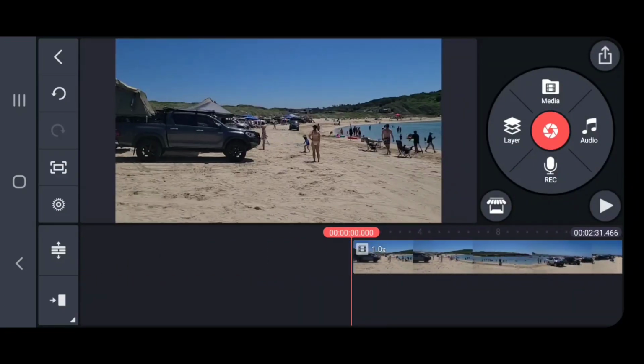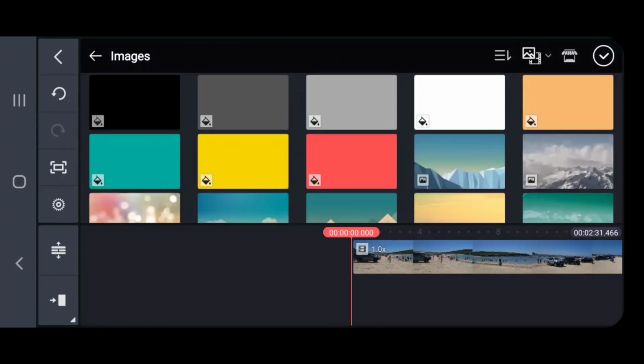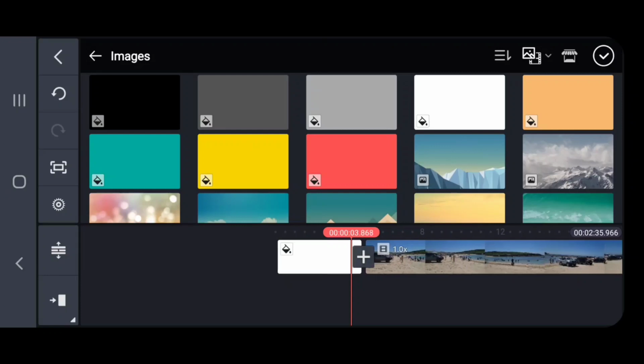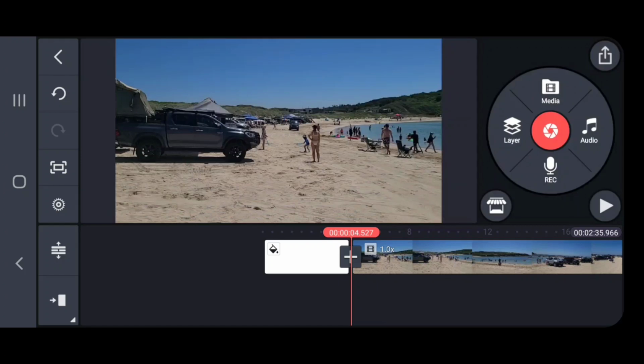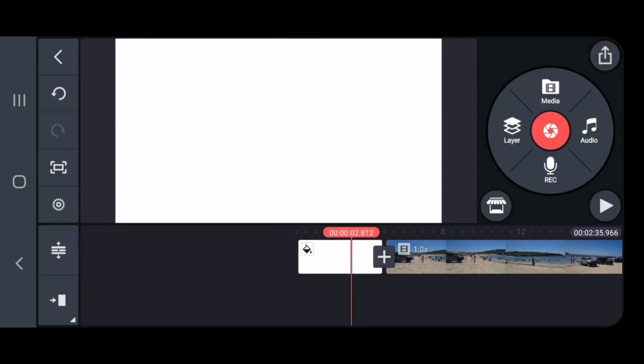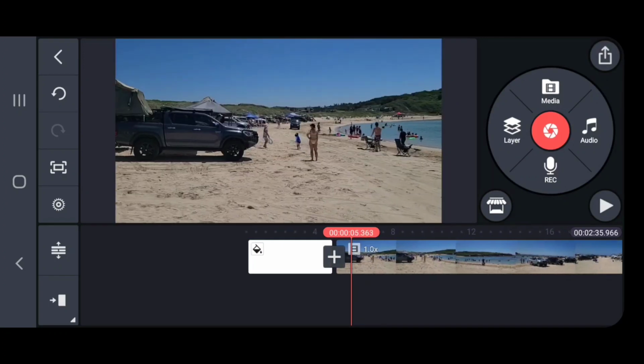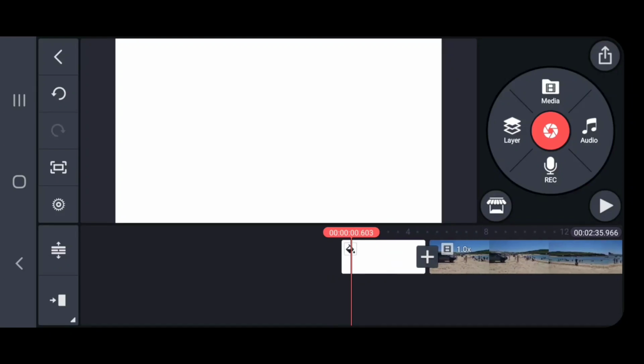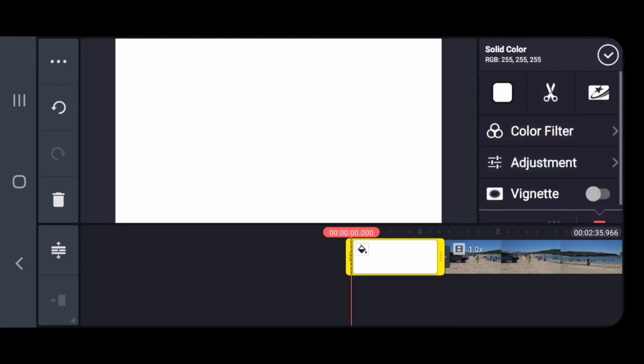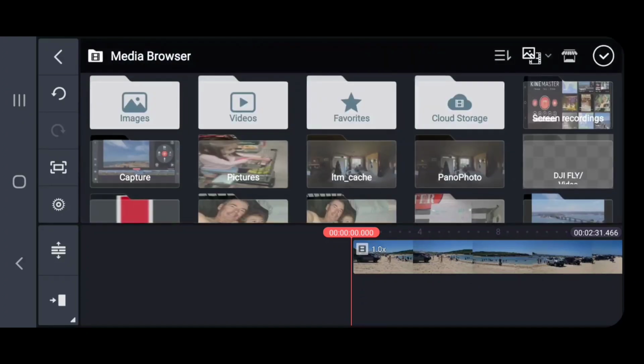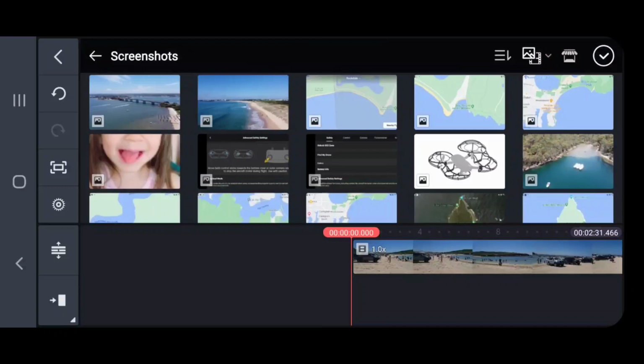So we'll go up to start again, and we'll click on media again. We're going to put in a white background at the front there, so we can just put a description. If you want something else there, you could put a map in if you wanted to. So I'll go in between here, just select that. Actually, instead of a white background, we'll put a map in, so to show the actual location where we're at. So I'll click on that again, delete it, and we'll go into media, and we'll go to something like screenshots, and I have a map of that location, which is right here,